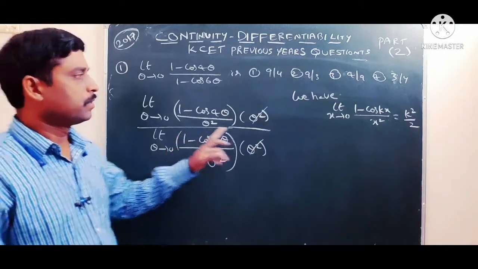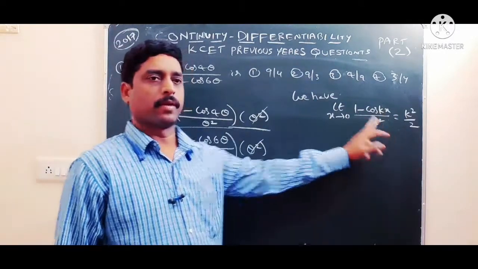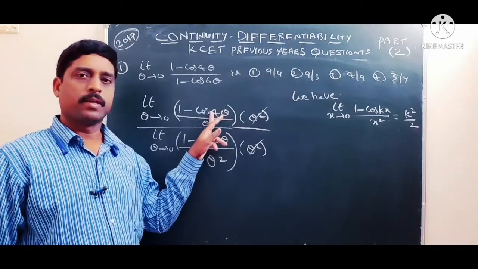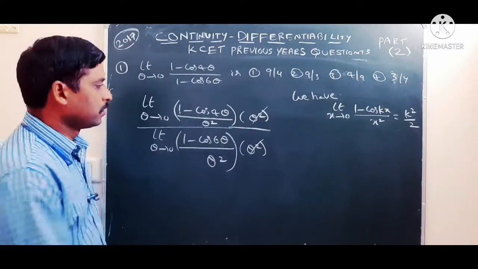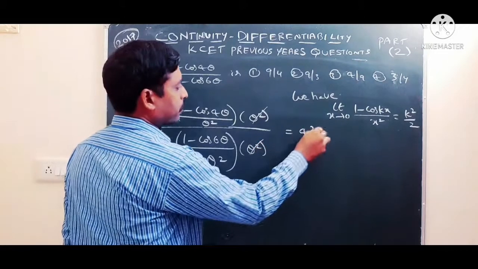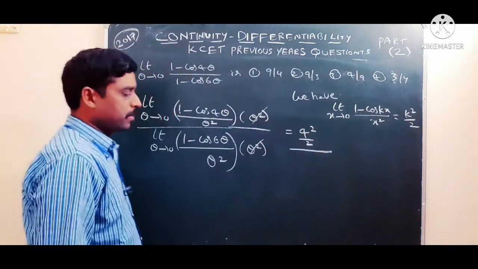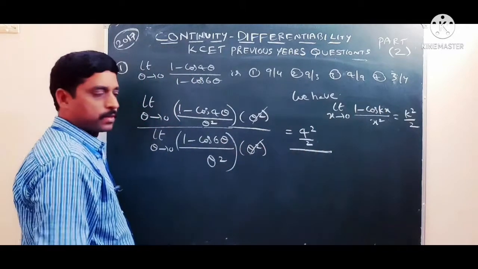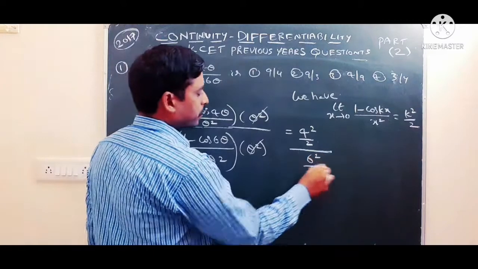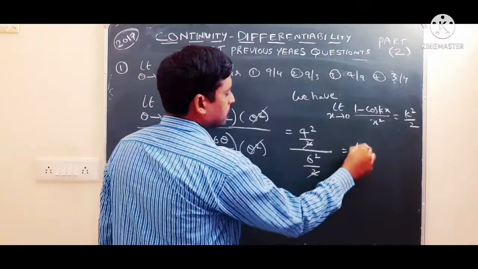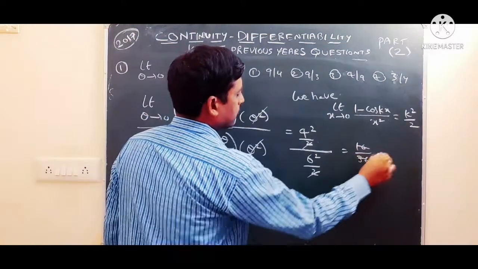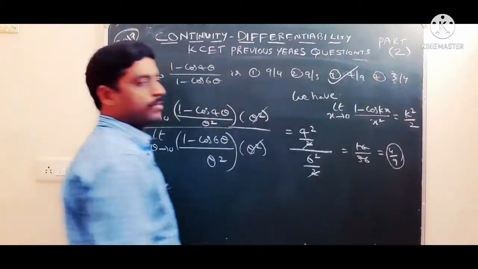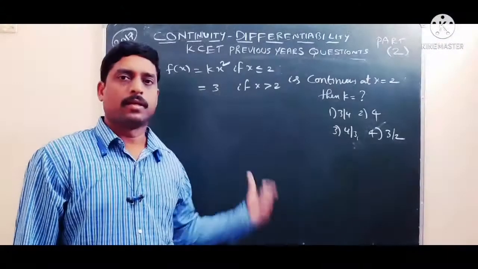So what is the formula? 1 minus cos kx by x square. In this, 1 minus cos 4 theta by theta square, what value is in the k place? 4. Therefore 4 square by 2. This whole divided by, in the denominator also, the k place has 6 there. So 6 square by 2. So this will be 16 by 36. 4 fours are there, 4 nines are there. 4 by 9 is the correct answer. Option 3. So let us go to the next problem.